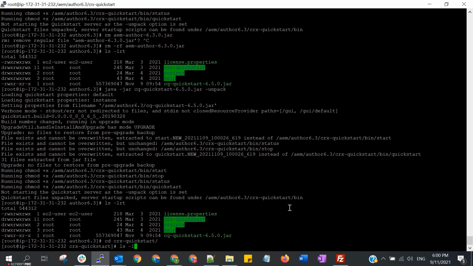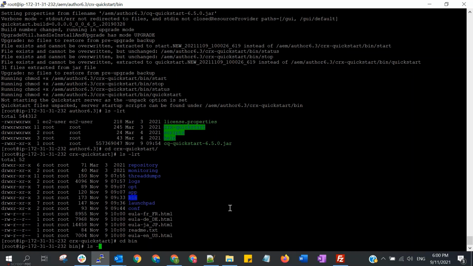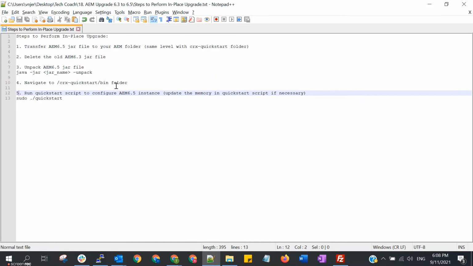So let's go to our CRX quick start and go to our bin folder. Okay, now this is our quick start. In this step I added just now, delete the old jar file and unpack, and then navigate to the bin folder, and we need to run the quick start because the quick start will configure our AEM 6.5 instance.